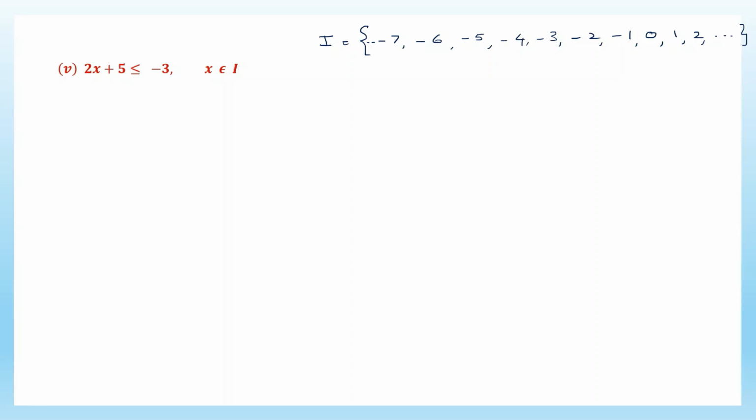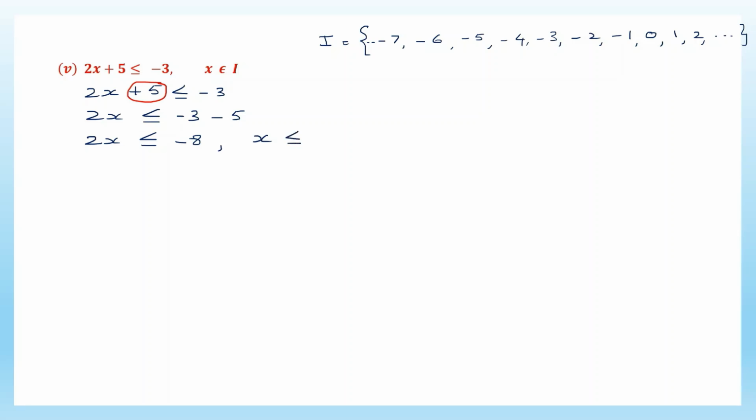Now let's solve for x. 2x plus 5 is lesser than and equal to minus 3. So 2x is lesser than and equal to minus 3 minus 5, because we have transposed plus 5 from the left hand side to the right. It's become minus 5. So 2x is less than and equal to minus 3 minus 5, signs are the same. Put the same sign and add. 3 plus 5 is 8. So 2x is less. So x will be